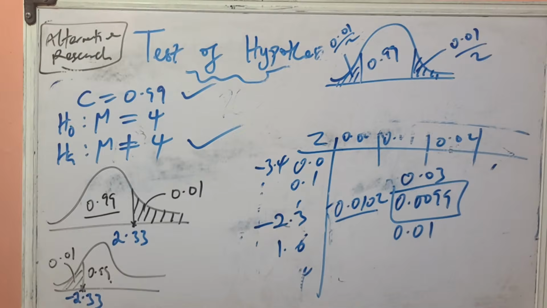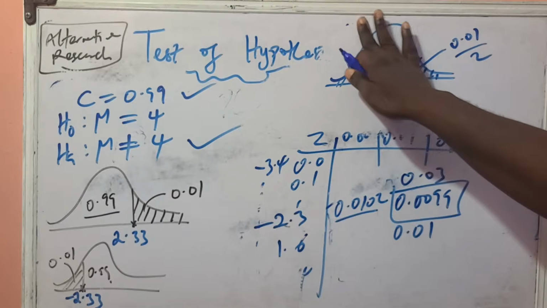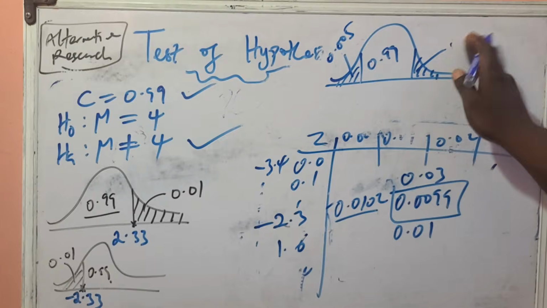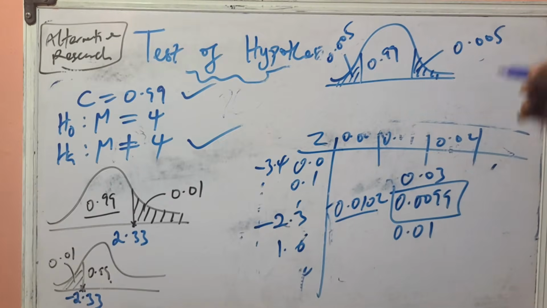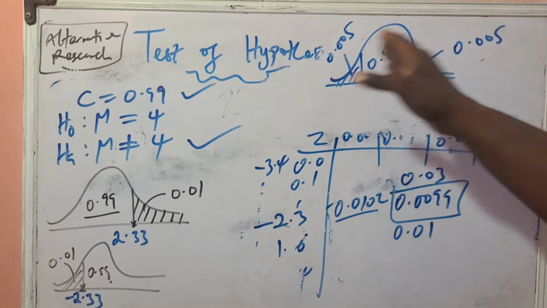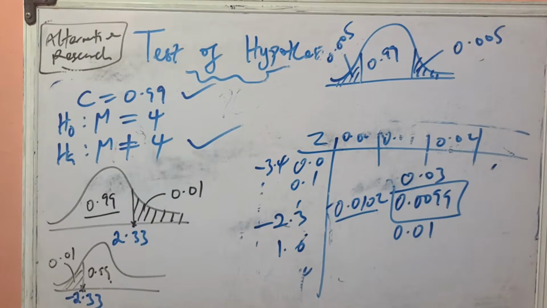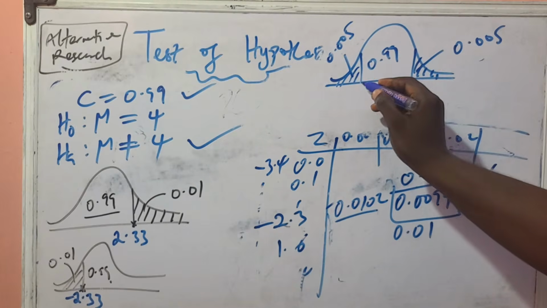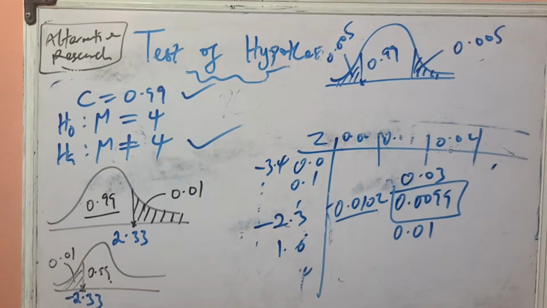So right here we have the value of 0.005. Of course, this is also going to be 0.005. I'm sure you guys understand that all these are still very much intact, because if you add all these together, they must give you a value of 1. So what you want to do right now is to find the area 0.005, and ask yourself what Z score produced this area of 0.005. So you have to be looking at your negative